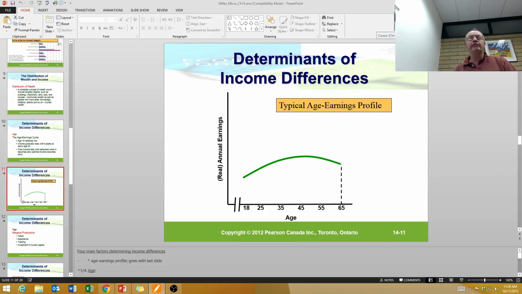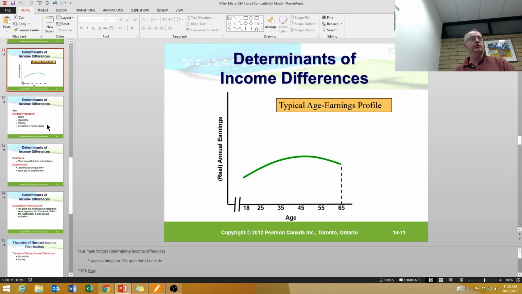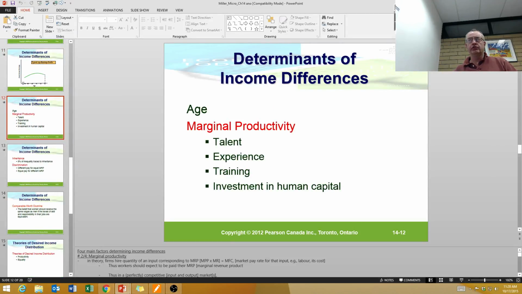Okay, so the second factor that affects differences in earnings in our population is so-called marginal productivity. So remember what marginal productivity means. This is the earnings earned by the incremental worker to an employer. When the employer hires that extra worker, the employee creates a certain amount of output,